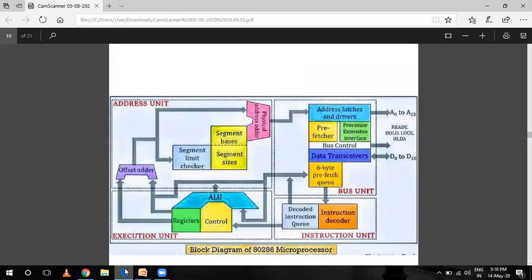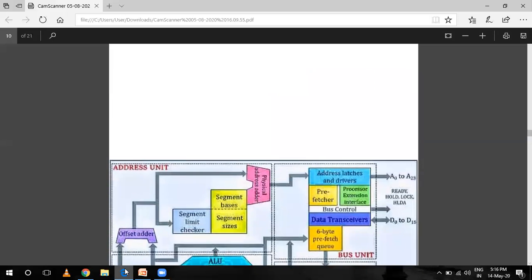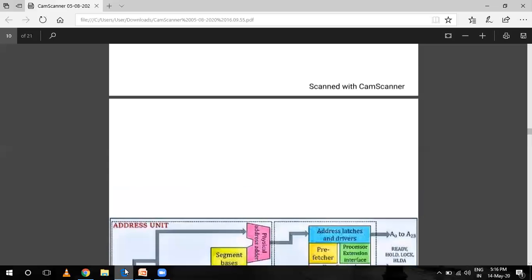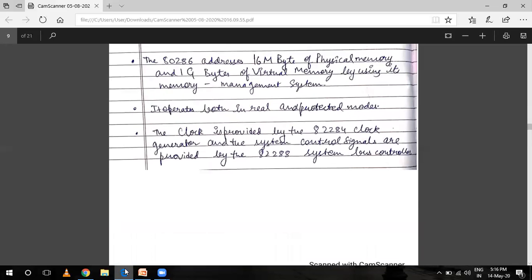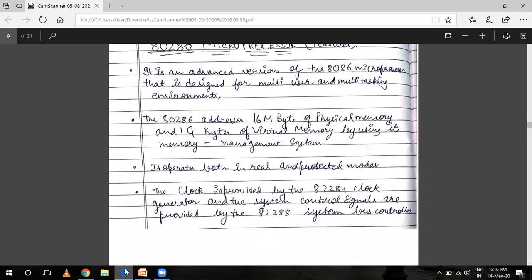And in this 80286, your address and data lines are non multiplexed. अब जैसे कि 8086 में हमारे पास मल्टीप्लेक्स एड्रेस और डेटा लाइंस थी to reduce the complexity of the circuit, but in this non multiplex data and address bus. Basically